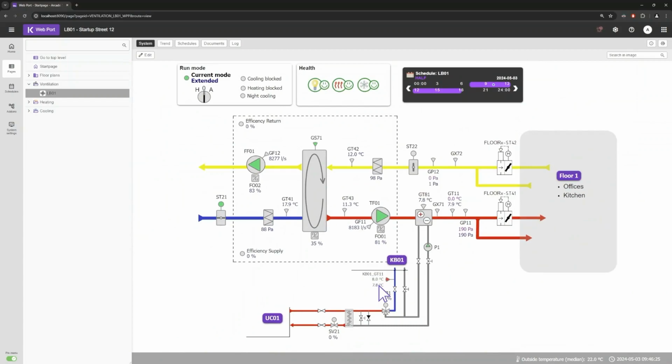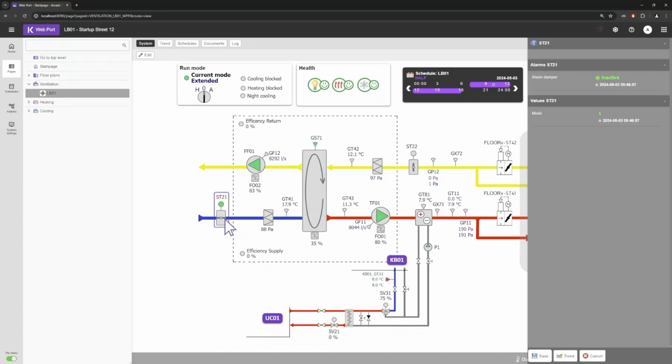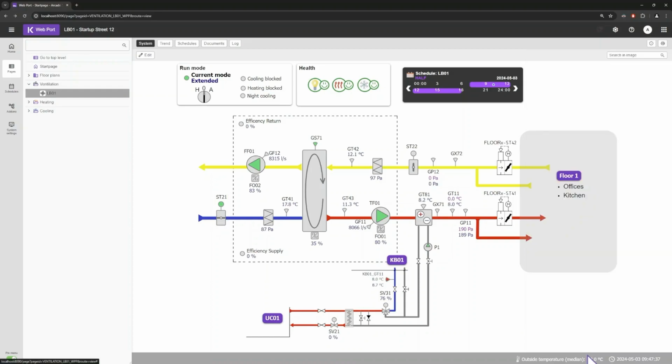If we continue to look at different components and see what information we can get, and also what settings we can do. If we follow this airflow from the left to right, we can see that this damper is active from this green indicator, and the damper is open. If we click on this, we get additional information in a side menu. We see that the alarm is inactive. We also have timestamps that show the last time the value was updated. This can be very useful when troubleshooting if you think something is not correct.